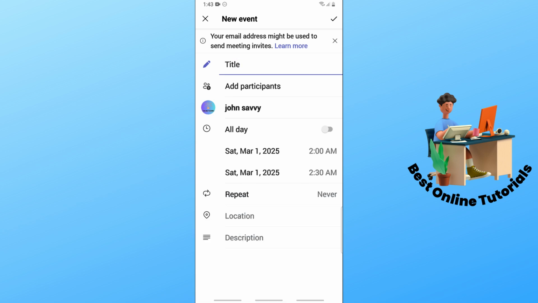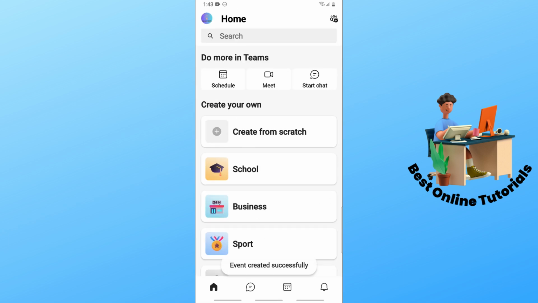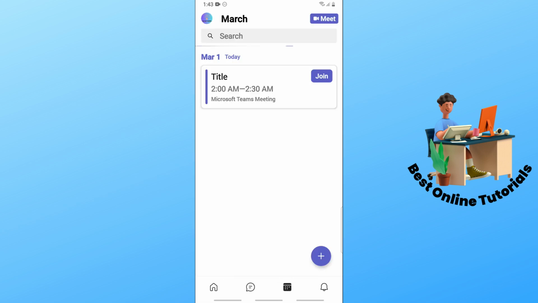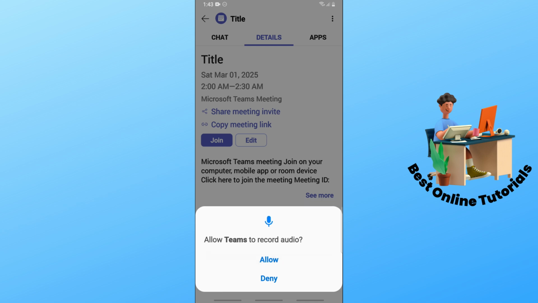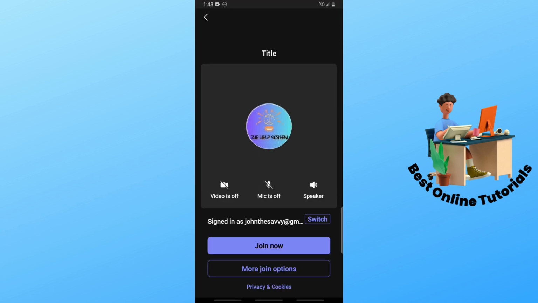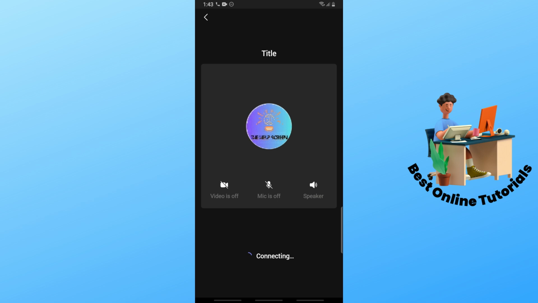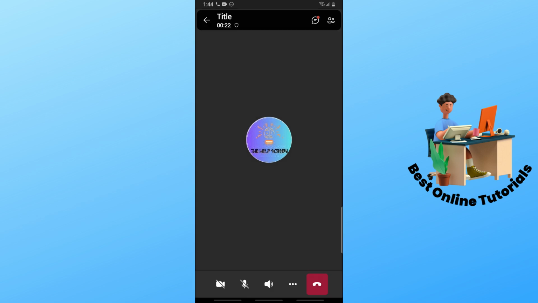meeting. Once you have done that, you can just simply tap the check icon on the top right. And now just simply go ahead and go to the calendar down below and select the meeting. And after that, just simply select join and make sure to allow everything on. Select join now. Now here on your meeting that you made, you can just simply select the two people icon